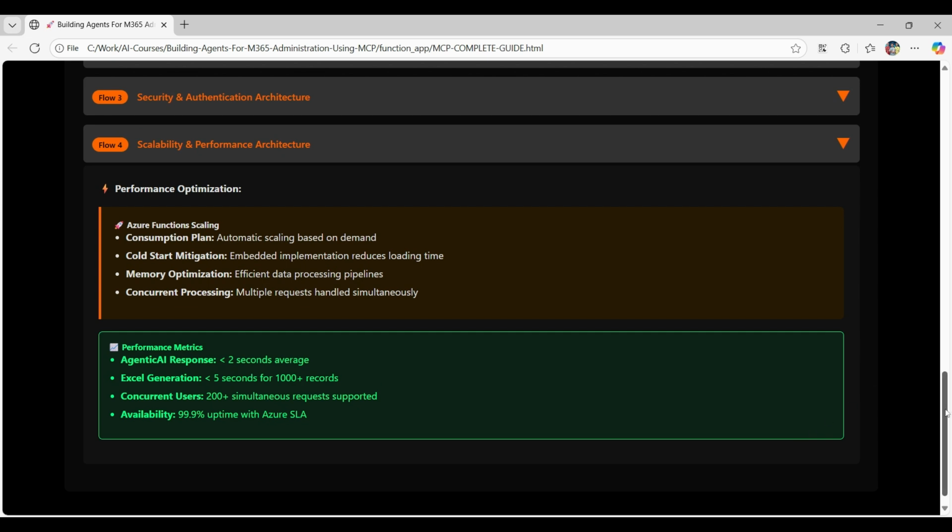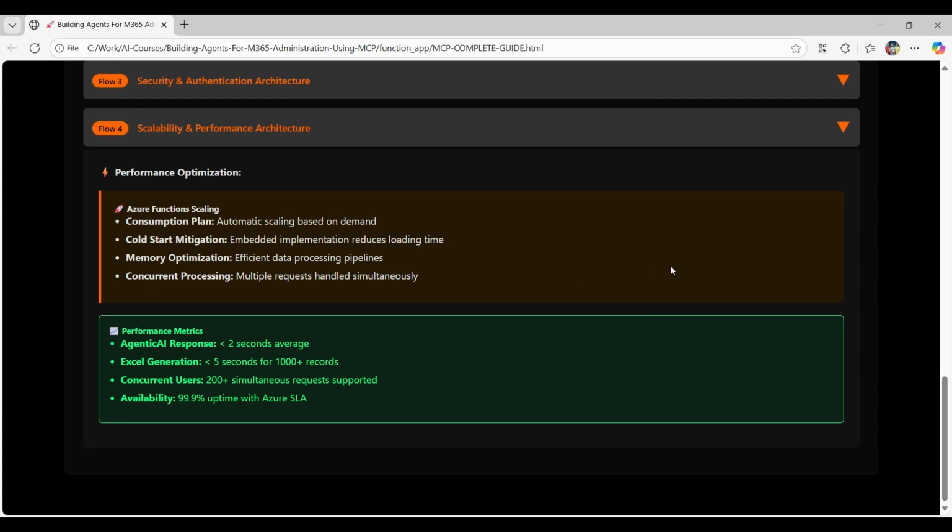Our performance architecture is designed around a simple principle: the system should feel just as responsive whether you're the first user of the day or the 200th person making simultaneous requests. This scalability starts with Azure Functions consumption based scaling, which automatically adjusts resources based on real demand. When usage is light, the system runs efficiently with minimal resource consumption. As demand increases throughout your organization, additional compute resources spin up automatically to handle the load without any manual intervention